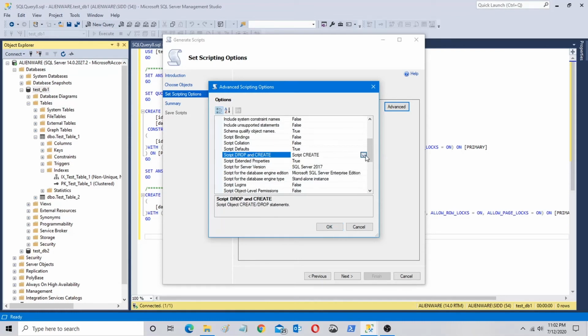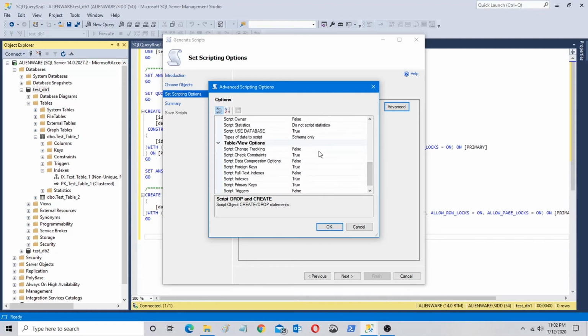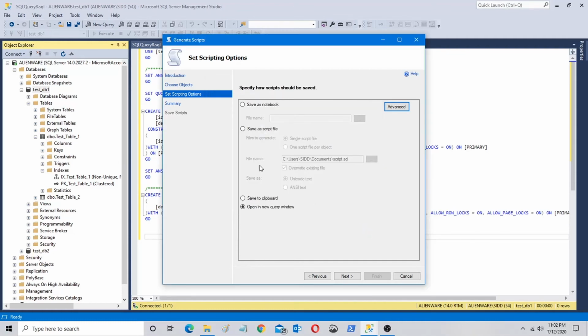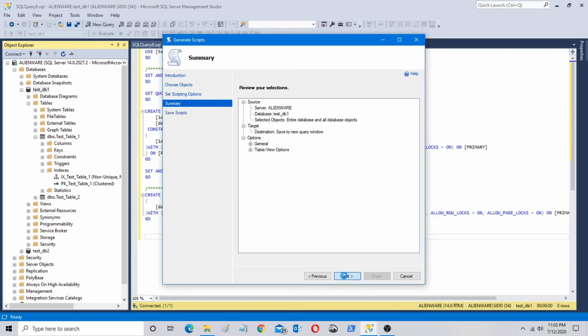You can also choose drop and create. If you want, you can include your database. If you want, you can exclude your database. All these options are also available for SSMS as well as for the individual scripting method. But the main advantage of this scripting wizard is that you can define which objects you want to script out. All right, and if you want, you have options that you can create one script per object, which is obviously not available when you're right clicking on it, right? And you can even script out your entire database in a single script, right?